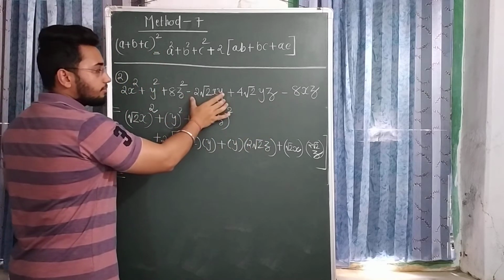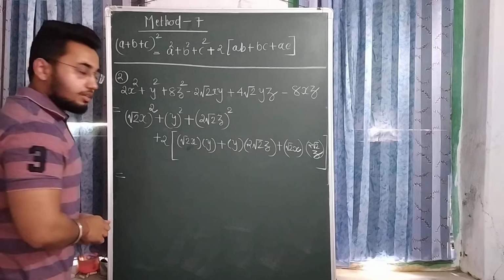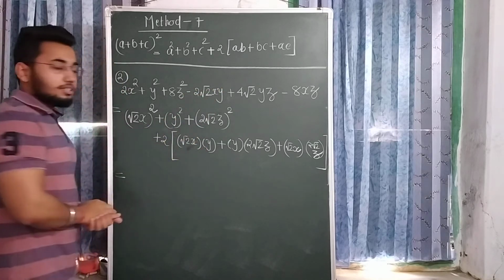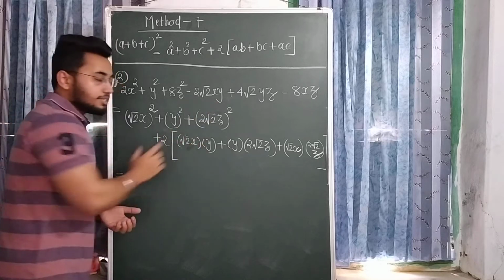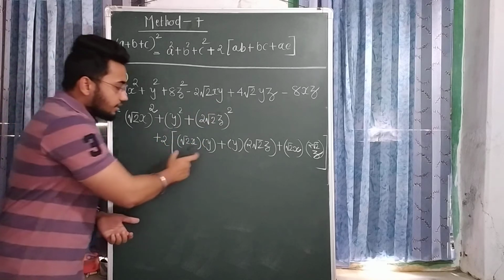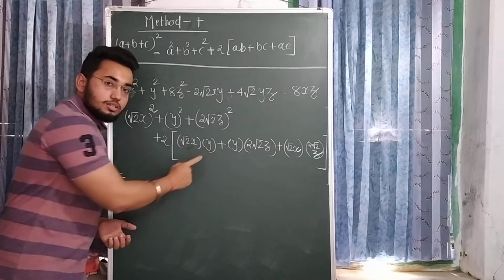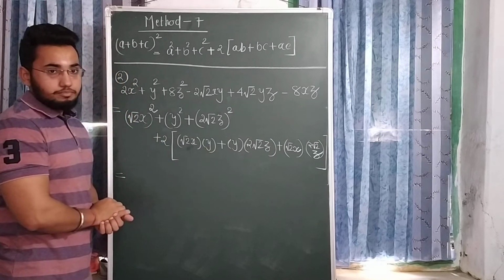Your first term is a negative term. Then we have to create negativity here. How will negativity be created here? How? Simple. Among these two terms, one term is a negative term.